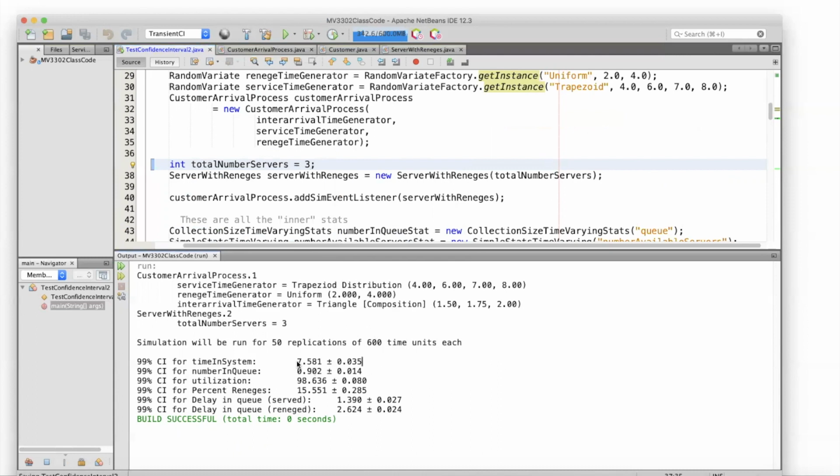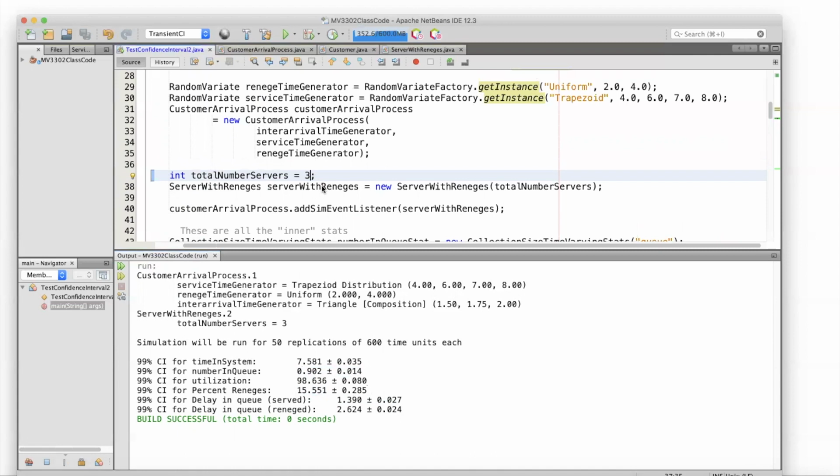Okay, so again, our measures are improving, but not by a whole lot. Even our delays in queue are going down, but not by a whole heck of a lot. However, our utilization is still up in the stratosphere, but our percent reneges are down to around 15%. That's still a bit high. I mean, I would still want to keep hiring people until